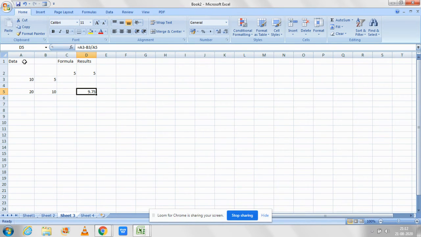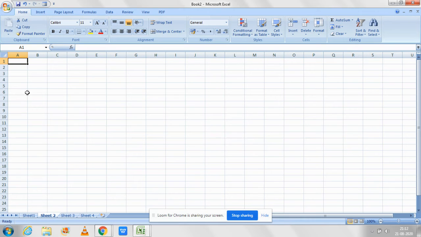Now, suppose I have to use a compound formula. I will take the sheet to here. I will write, suppose I will take the principal, the rate, and the time will be taken in here.